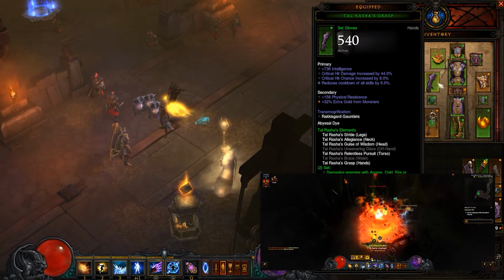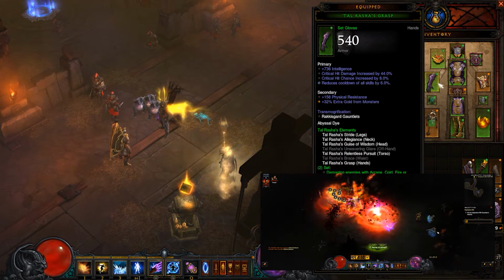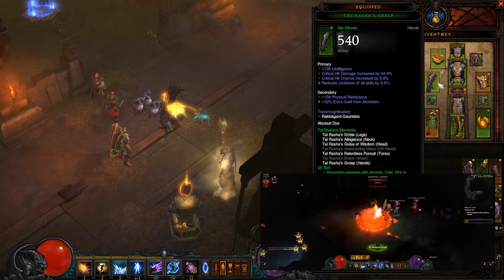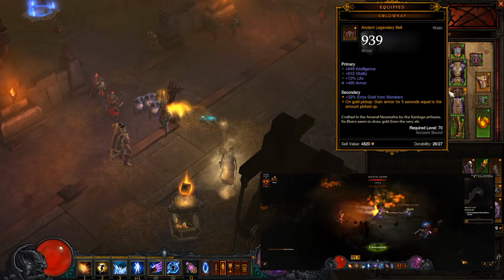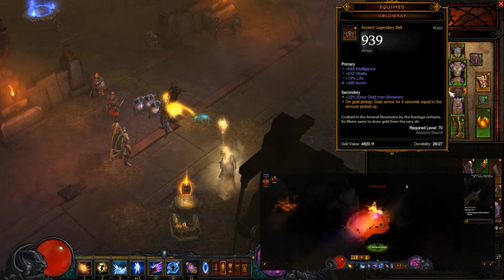We all know that the trifecta is going to be attack speed, crit chance, and crit damage, but this build really doesn't benefit that much from attack speed. So your priority here is going to be intelligence, critical hit chance, crit damage, and then cooldown reduction. Waist, best in slot is Gold Wrap, because if you have the right gear